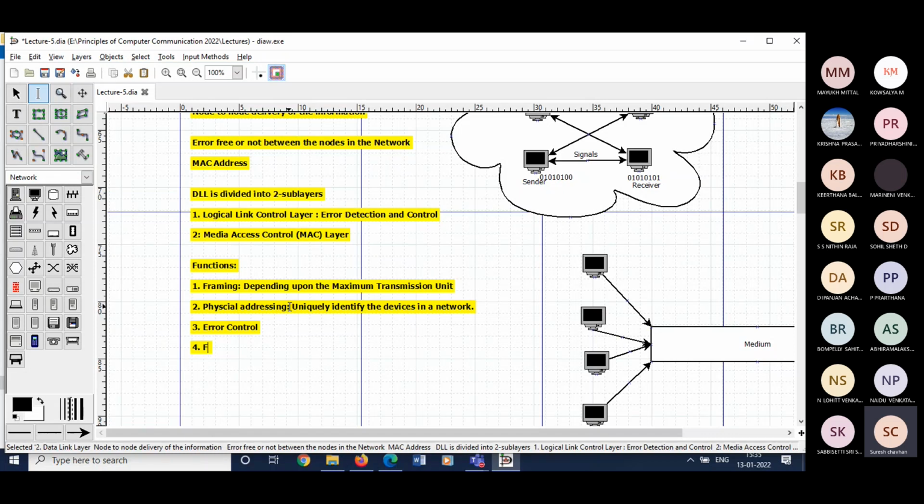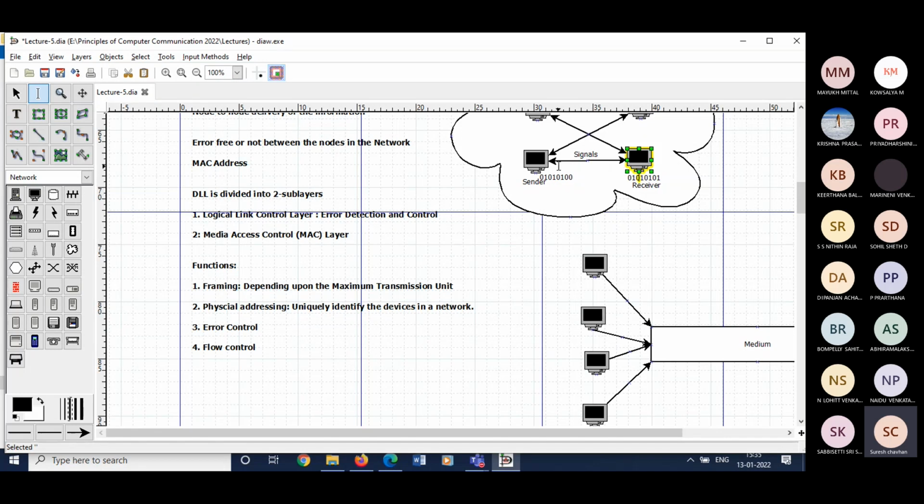And the fourth one is the flow control, right? So for example, the data rate must be constant on both sides. So this is the sender and this is the receiver, and whatever data the sender is sending, that data rate should be able to be received by the receiver. And if there is any mismatch between the sending rate of the sender and the receiving rate of the receiver, then whatever the extra, for example,